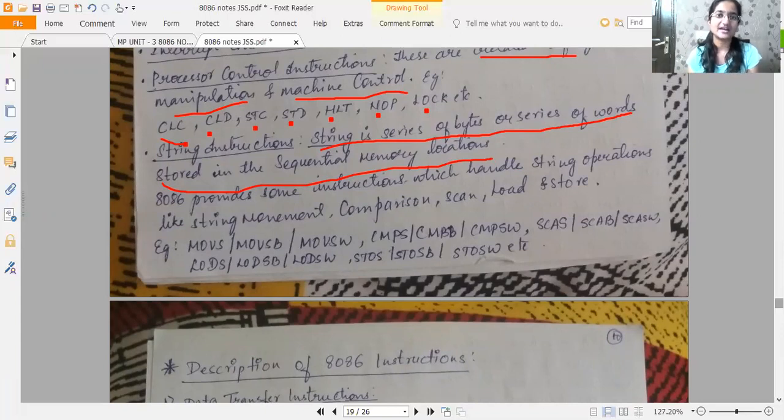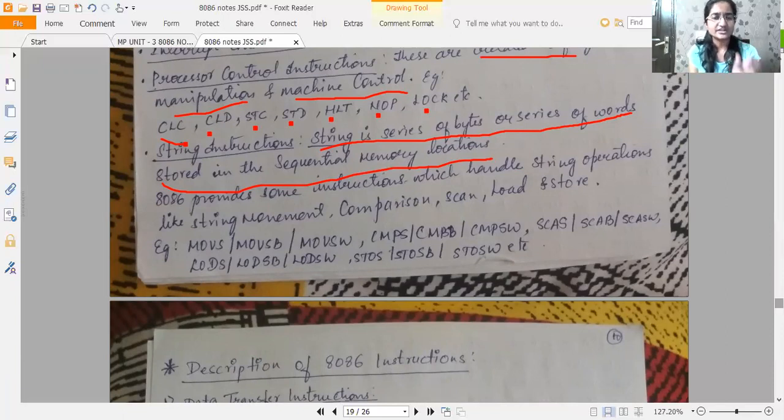The flag bits are being updated. But in subtraction, the subtraction is also done, flag bits are also updated, and at the same time the result is also stored in the destination. So that is the difference between comparison and subtraction, isn't it? Likewise, comparison and scanning are also done on the basis of comparison, but the outcomes are different.